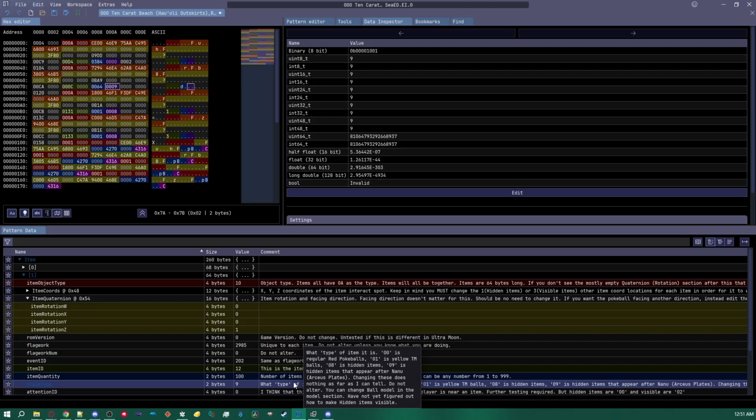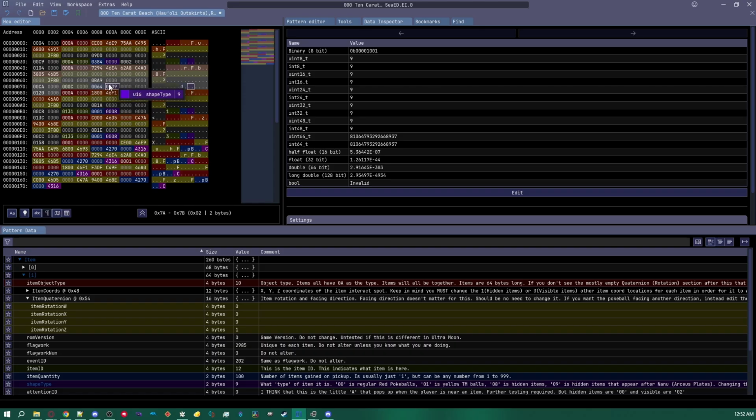9 is items that appear later, after Nanu. Like some items pop up later. The Arceus plates is what they're supposed to be, but they don't spawn at the beginning of the game. They only spawn after you beat the Dark Trial. So those are items that appear later. I'm not sure exactly what 9 means, but these Premier Balls won't show up until you beat Nanu,